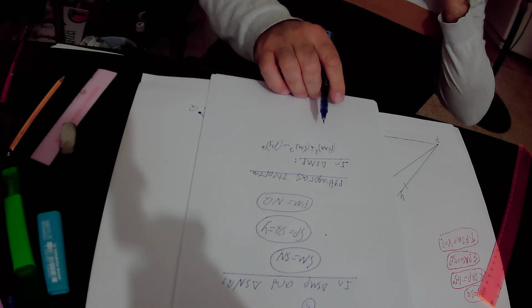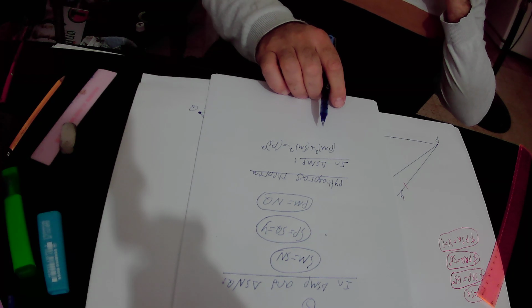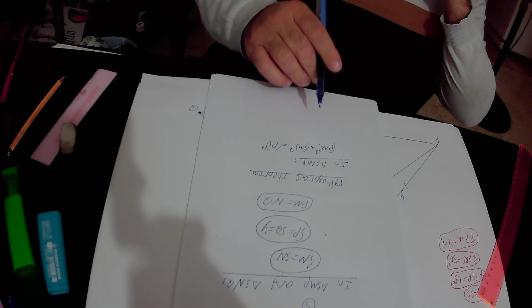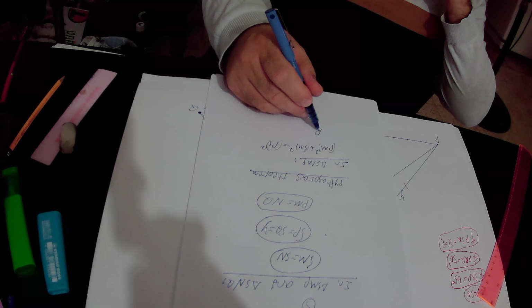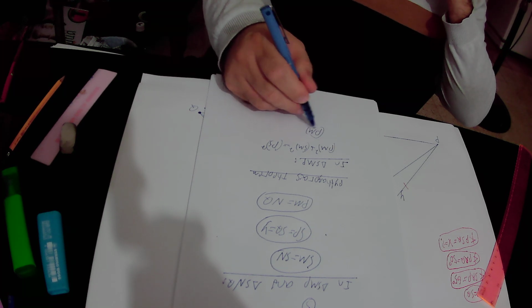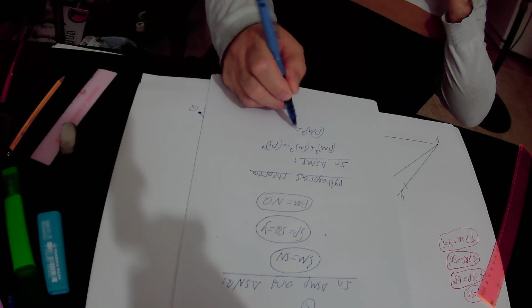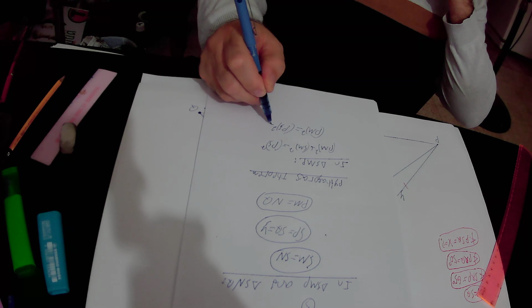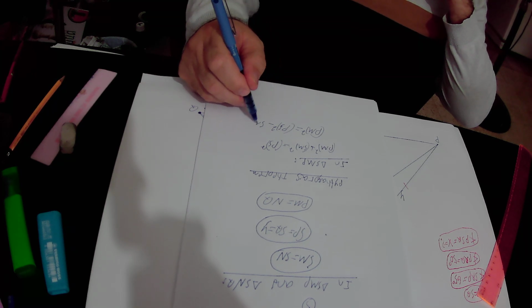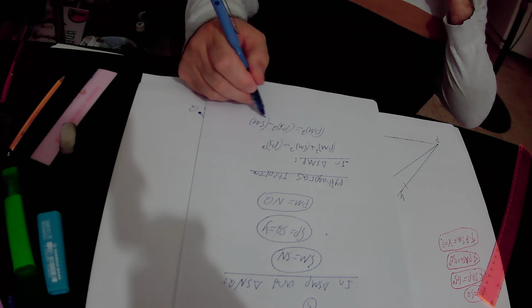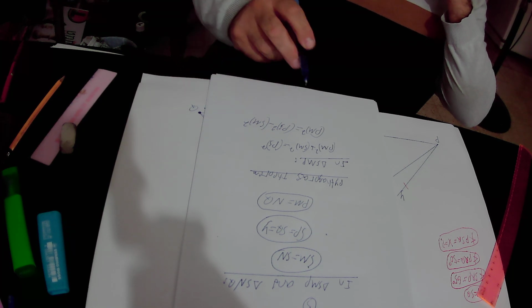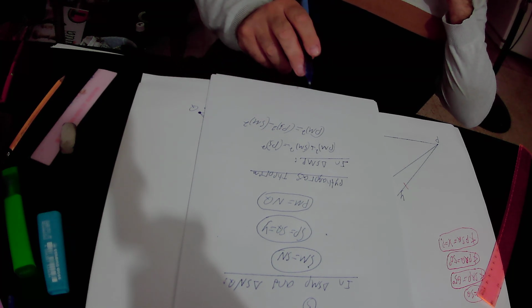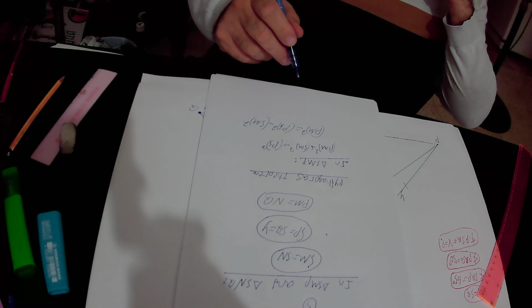Here we will subtract SM square from this equality, and we will get that PM square is equal to PS square minus SM square. So here we will take a root out of this equality, and we will get that